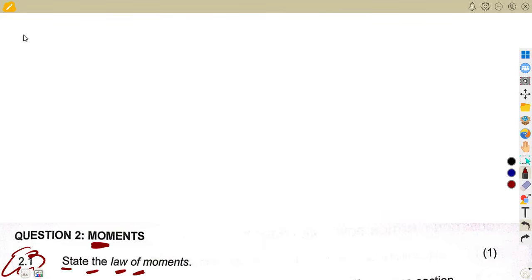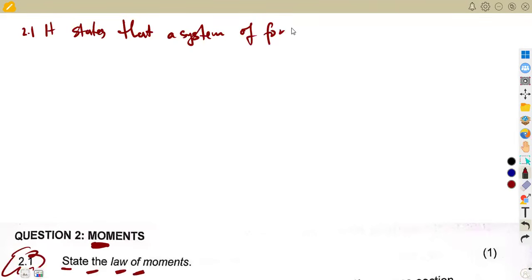So we can just state it this way: it states that a system of forces is in equilibrium on condition that the sum,